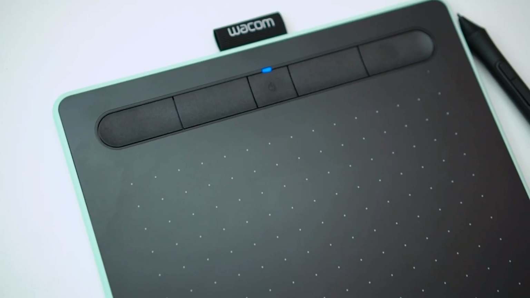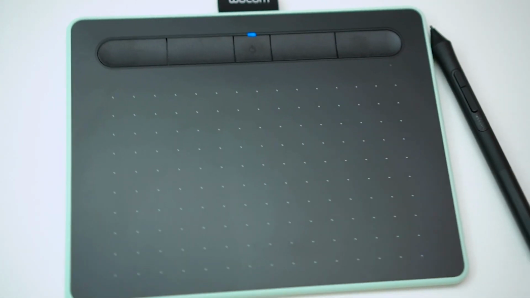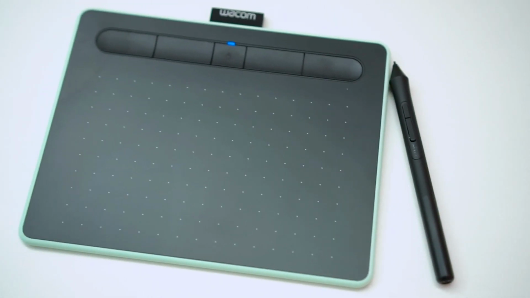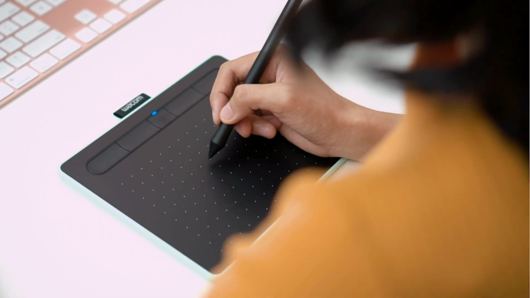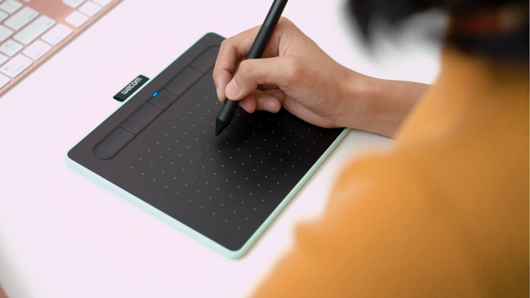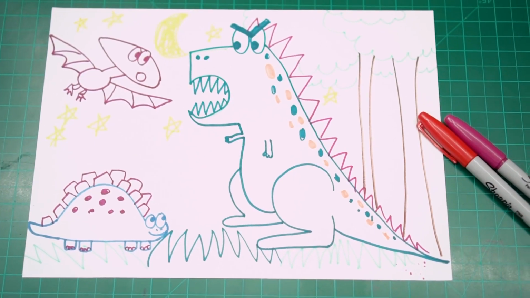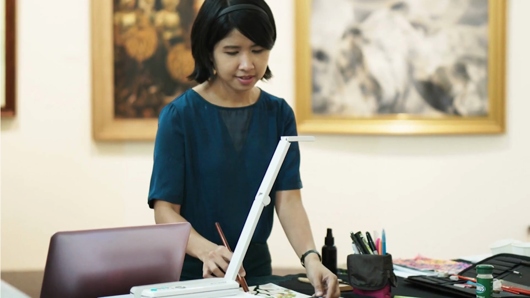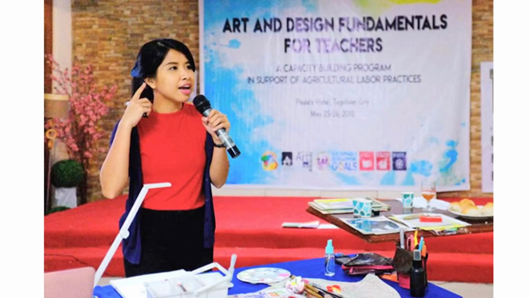Also, the cost. Of course, a tablet or a digital pen tool is more expensive than using paper and pencils. So you would have to consider it as an investment if you're really deciding to get one. Now for the conclusion, it will all depend on your audience, your purpose, and your resources. Remember that these are both great tools for teaching and learning. Each has advantages and disadvantages. Whether you choose a paper and pencil or a digital pen, the greatest tool that we all have that we can use is our